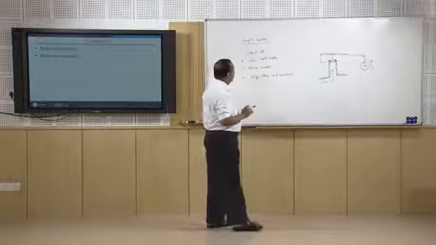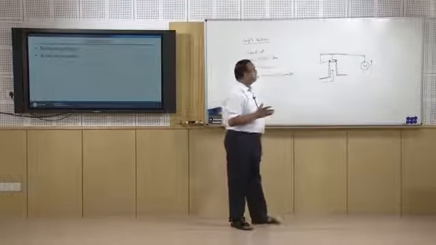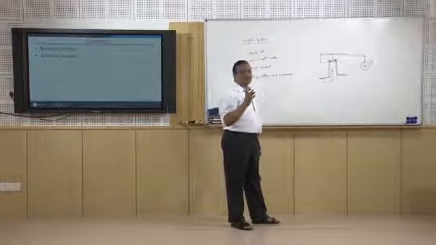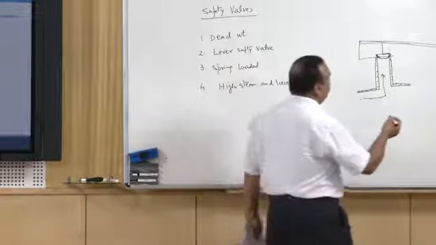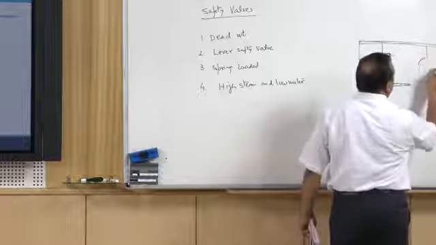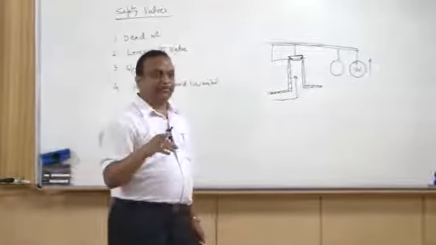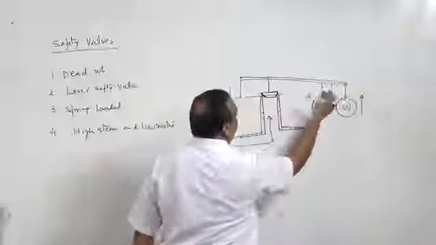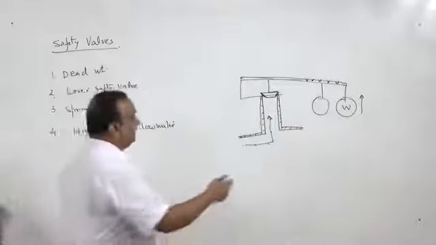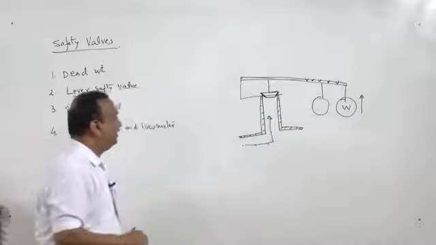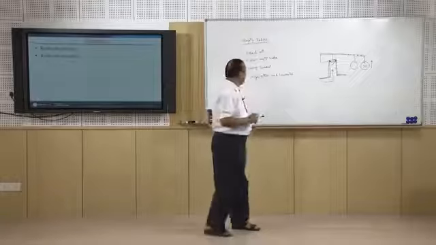Now, I want to operate this lever safety valve at a different pressure. Suppose I want to operate it at reduced pressure. Instead of venting off steam at, let us say, 10 bar, it should vent steam at 9 bar or 7 bar. Simply what I will do is shift this weight to this place. So, manipulation is easier. In the dead weight safety valve, you will have to insert the weights. Here you simply pull it and shift it to another place. There are grooves on the arm, and by shifting this weight you can manipulate the working pressure of this lever safety valve.